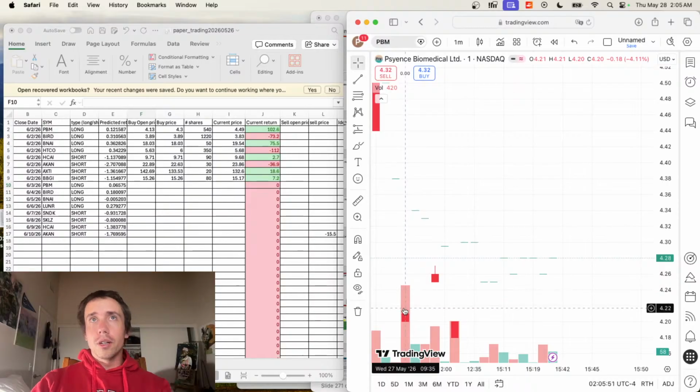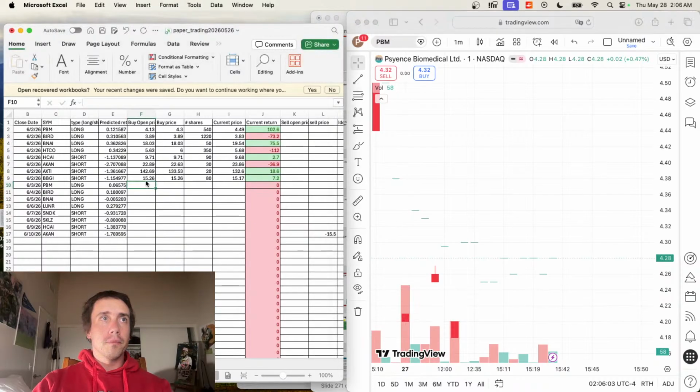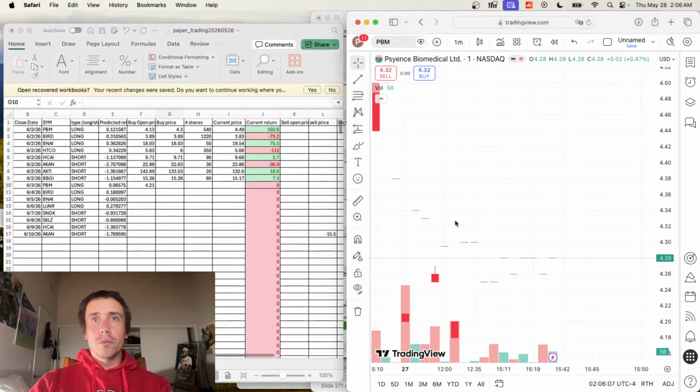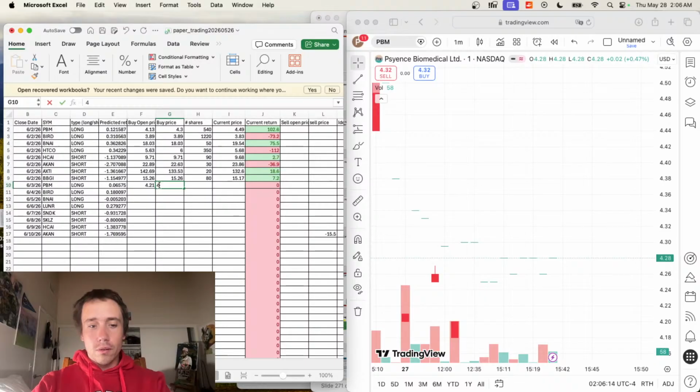Anyway, this is long. So we could say the actual open was here, 4.21, but the worst position would have been here at 4.25. That's not too different. Okay, and we're purchasing